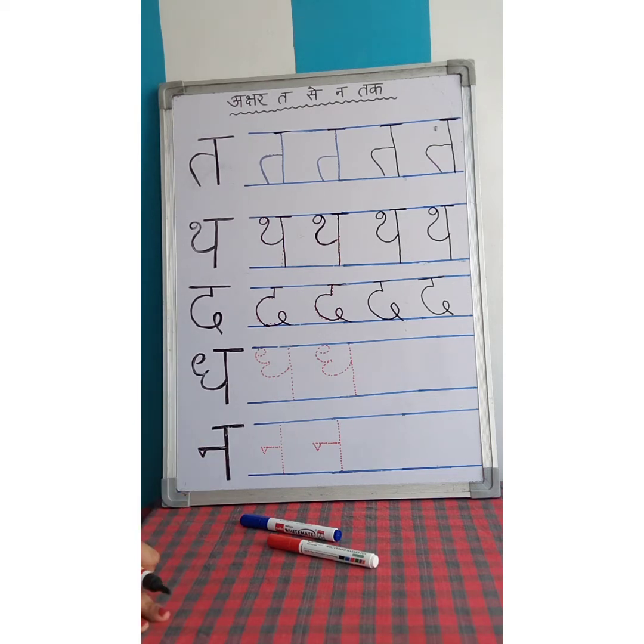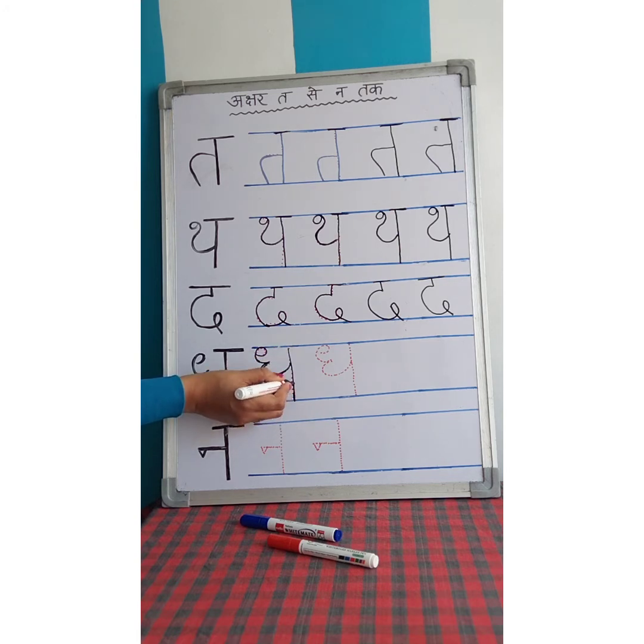Now the next is dha. Dha se dhanush. So in dha, first you will draw a circle just like you have drawn in tha. Then you will make two curved lines in the same way you made in gha.